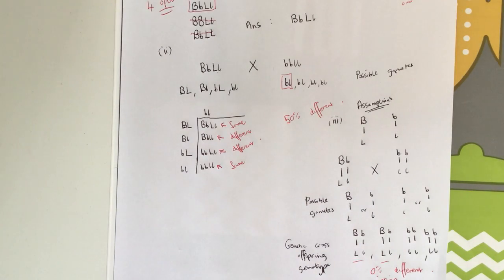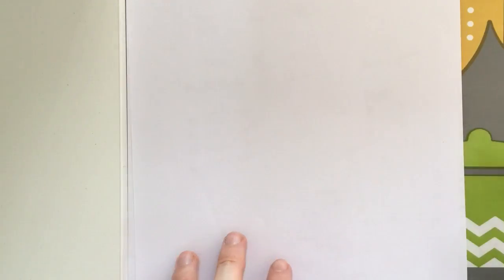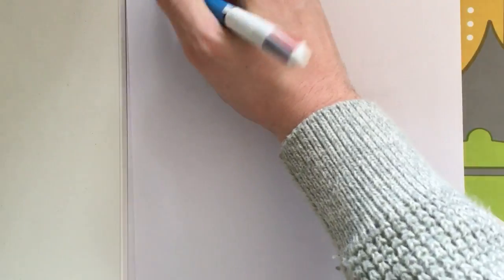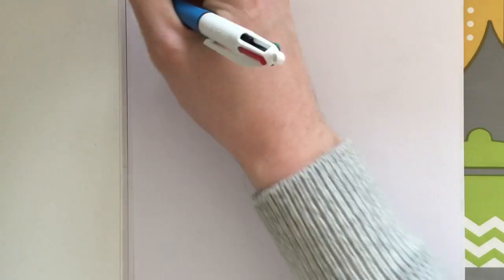I'm now going to move on, and we're going to look at the final question here, which is part 4. Now, for part 4, we're told that some of the black-eyed, short-eared rabbits are then crossed with the red-eyed, long-eared rabbits. Again, assuming the genes are not linked, answer a few of these questions. So, this paragraph is packed with information. Let's just pick out what we need first of all.